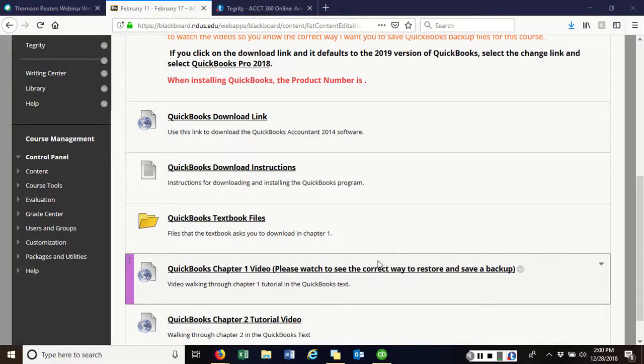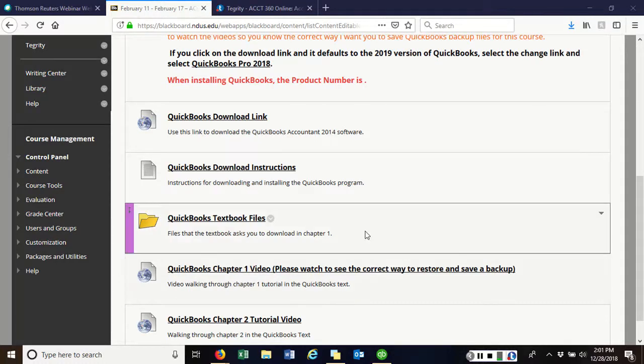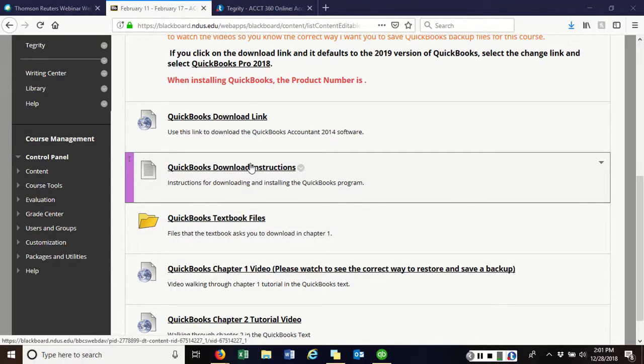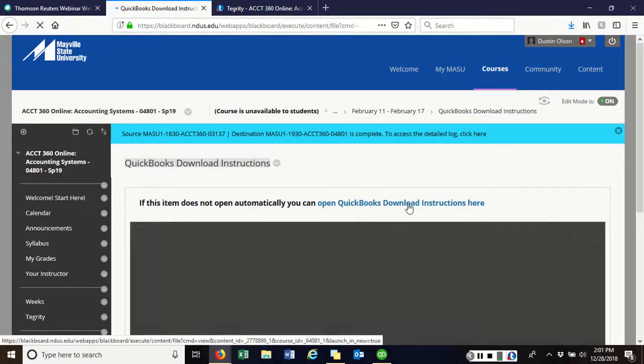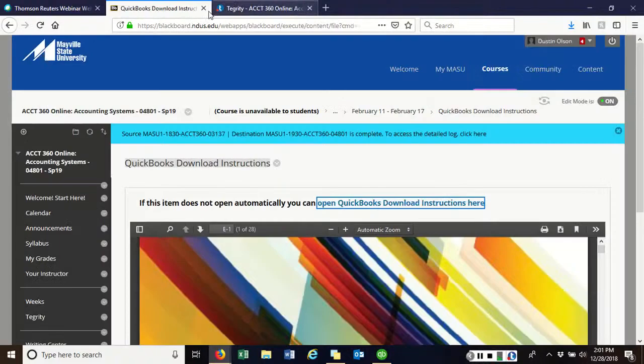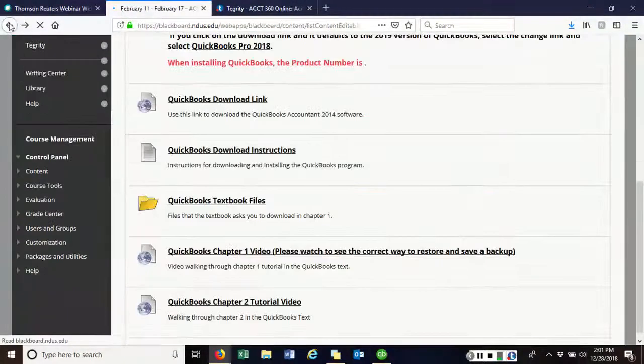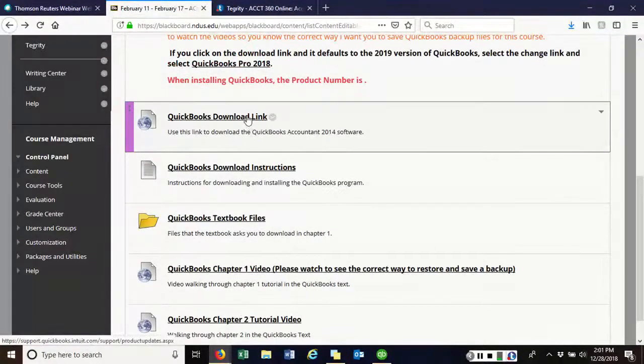Okay, now to get into the QuickBooks section of the course, and I'm going to go through the tutorial from Chapter 2. If you look at the instruction document and Chapter 1 in your textbook, that'll give you the basic specifications, features, things to go through, and download the program. So make sure you click on the link here to go get the instructions. As far as what to do to go through and download, just follow those step by step and all should be well. I've given you a link here to go to and download